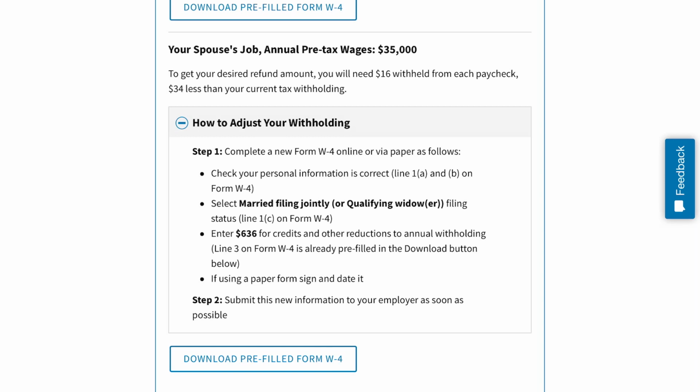And that is the goal of what the IRS is trying to accomplish here. They don't want you to get a big refund, and they really don't want you to owe at the end of the year. They especially don't want you to owe because they want their money. Okay, so now I'm going to go over